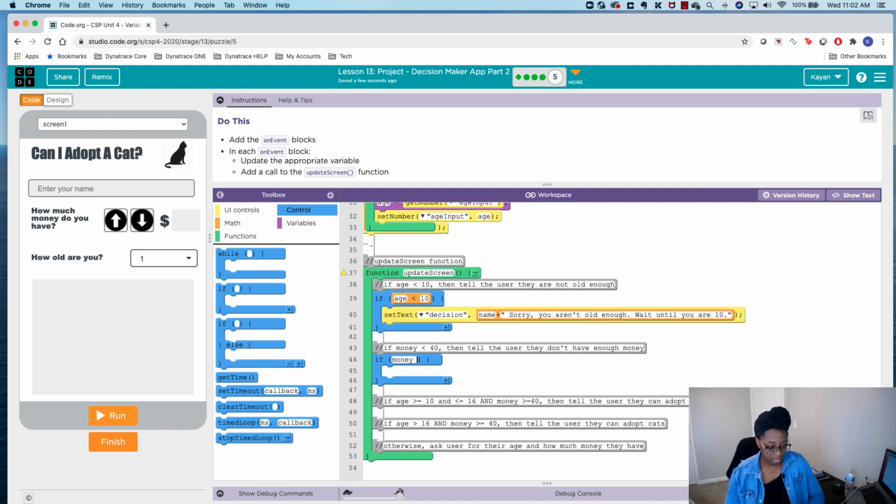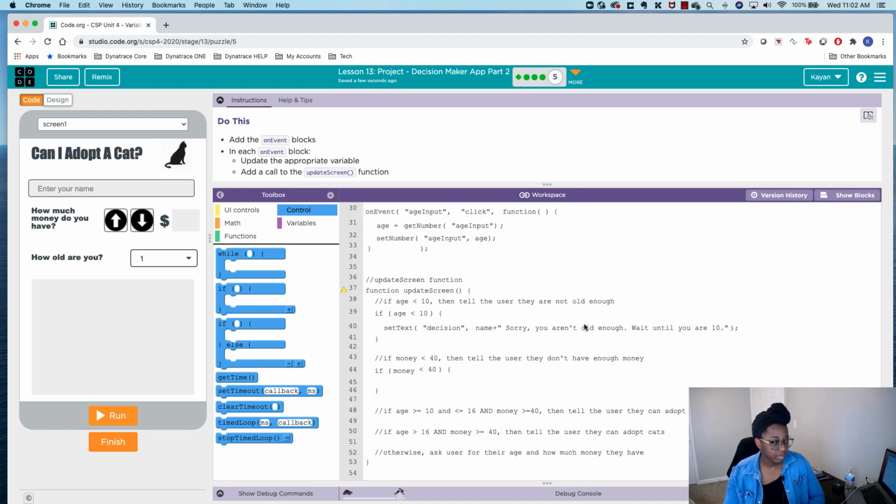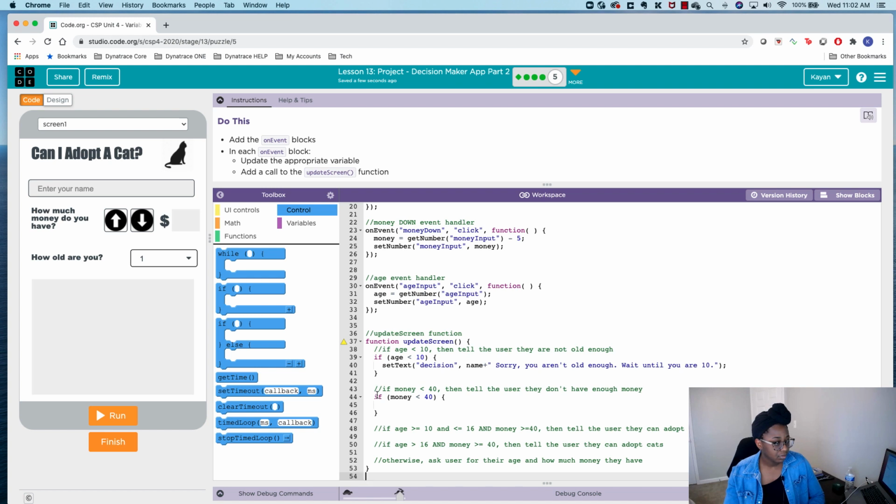So if money is less than 40, then I want to also do a set text. Let's go to show text so I can copy and paste easily. So this is going to be an else if. So I'll change the decision, and I want to say, sorry, you don't have enough money. Try again with at least $40. So let's do else if